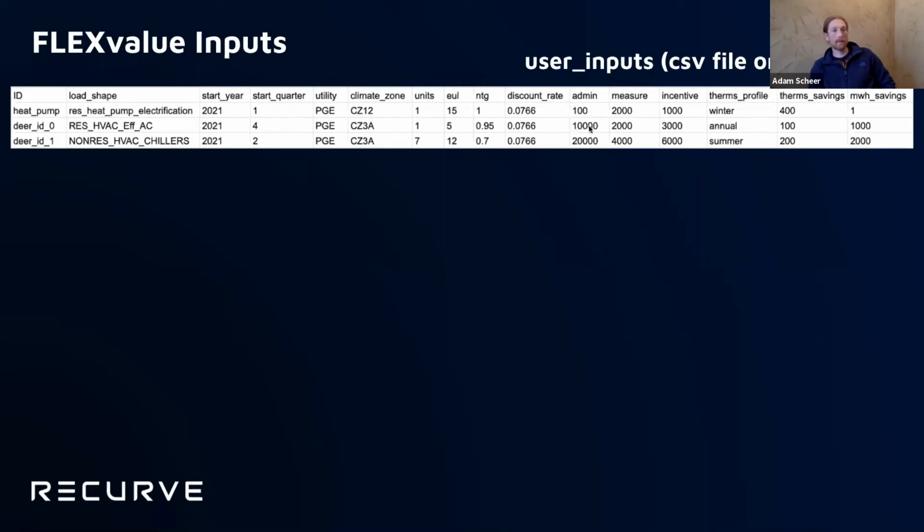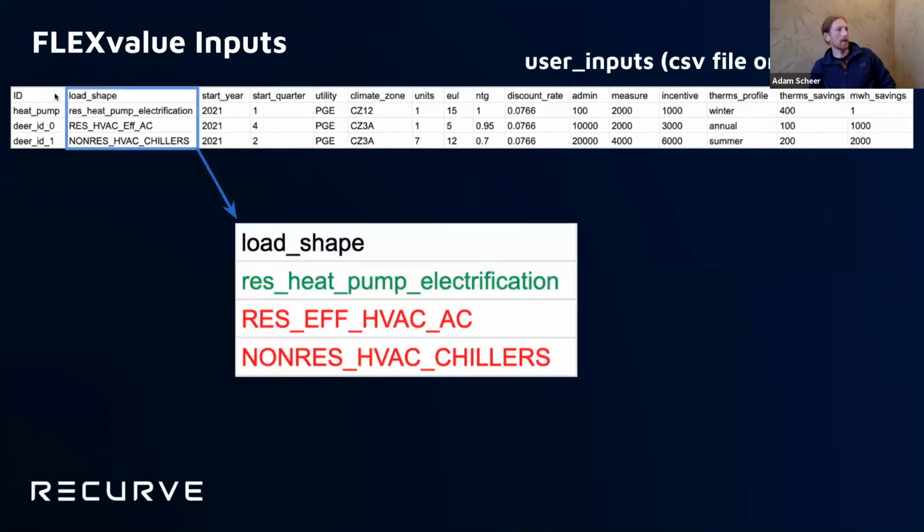And then we have admin, measure, and incentive costs, the therms profile that you would typically incorporate into the CET. And then you have your savings information. So therm savings and megawatt hour savings, these are annual savings. Now, looking specifically at this load shape column, what FLEXvalue will do is it's going to look at each of